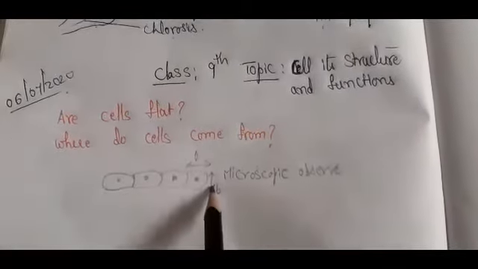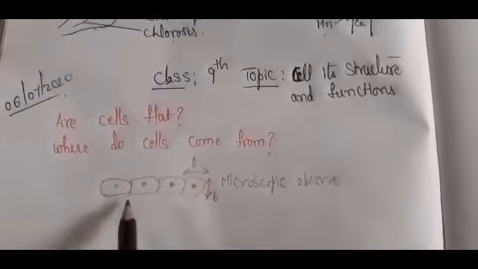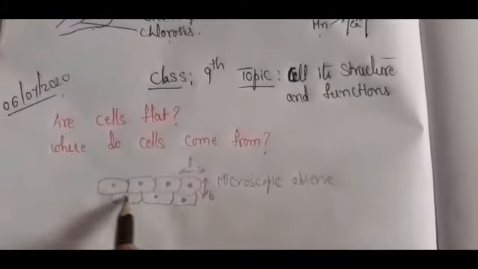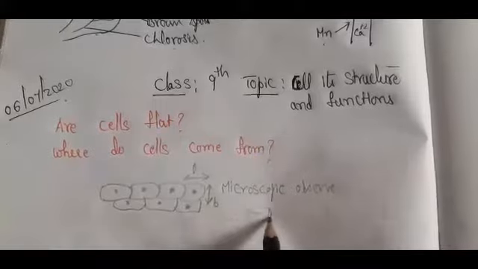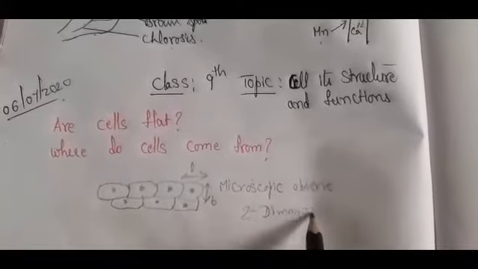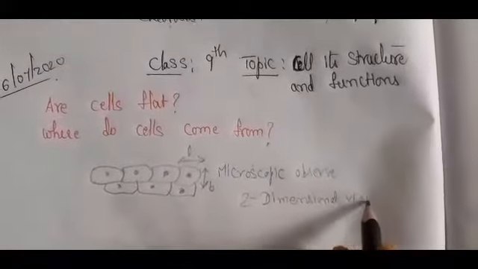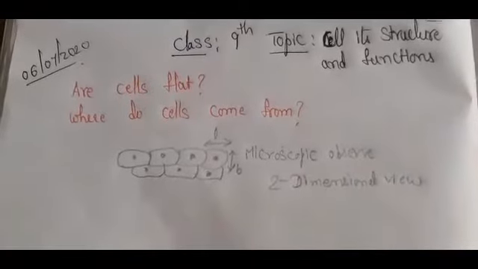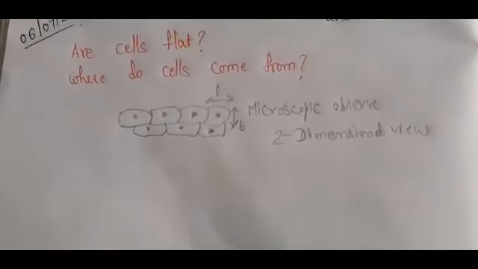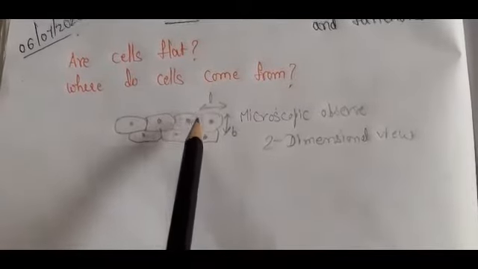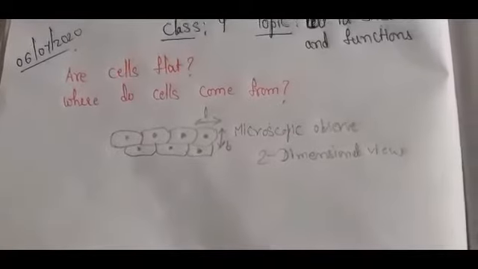Thickness generally you don't see under the microscope. You will see how the cells appear under the microscope, like this. It will give you the 2D picture, a two-dimensional picture, that means length and breadth. Two-dimensional view you are seeing under the microscope, because cells will appear flat. And you will see all the cell organelles like the central nucleus and other organelles like endoplasmic reticulum and ribosomes inside the cell. So this is the 2D view that you are seeing.